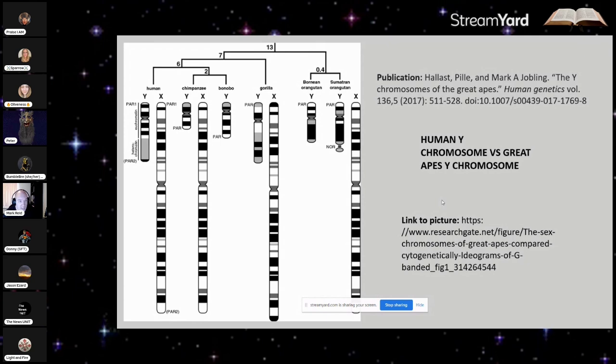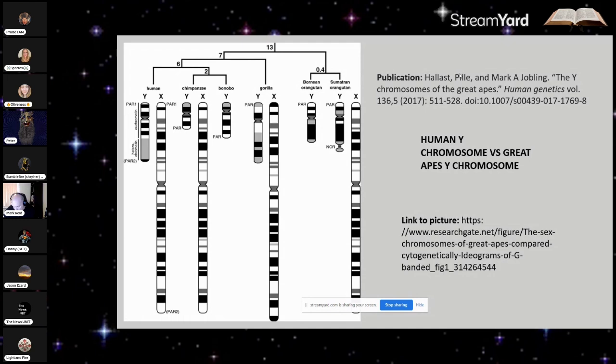Looking exactly at this, I'm seeing one of the orangutans being closer to the gorilla and the other one being closer to human, or closer to the chimpanzee. But those orangutans can interbreed because they had a common ancestor. And the whole idea that, well, humans are so different, it's got nothing to do with having a common ancestor, because the Y chromosome is so volatile, and your own paper says that.